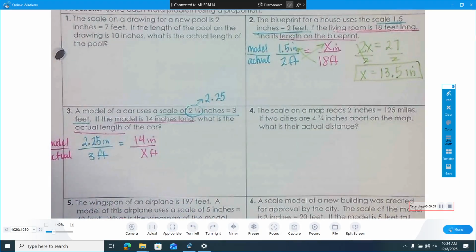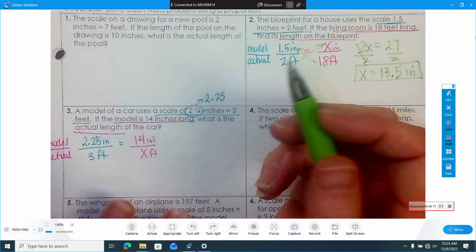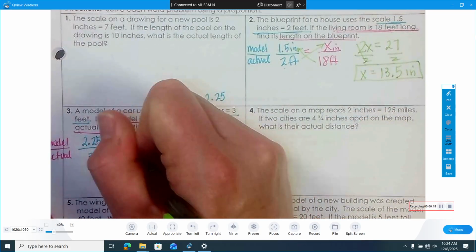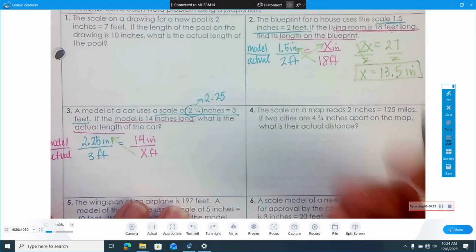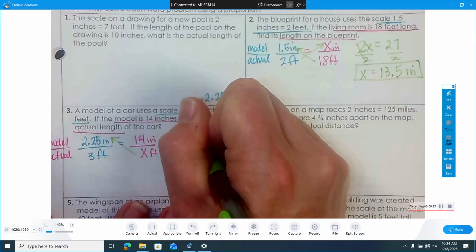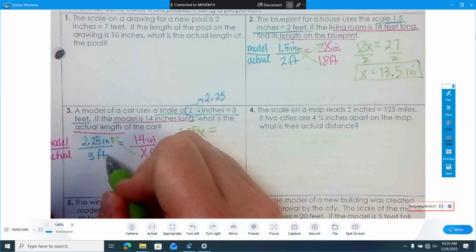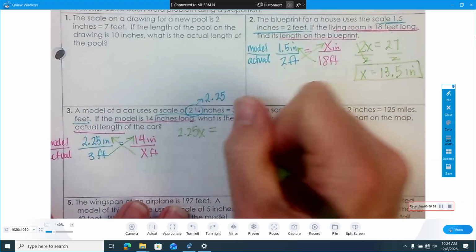And that's X feet. So again, did you put units on there? The units are helpful. Put them on there. Keep them on. I'm going to just multiply my X first always because this makes life easier. X times 2.25 would be 2.25X. And then we have 3 times 14,